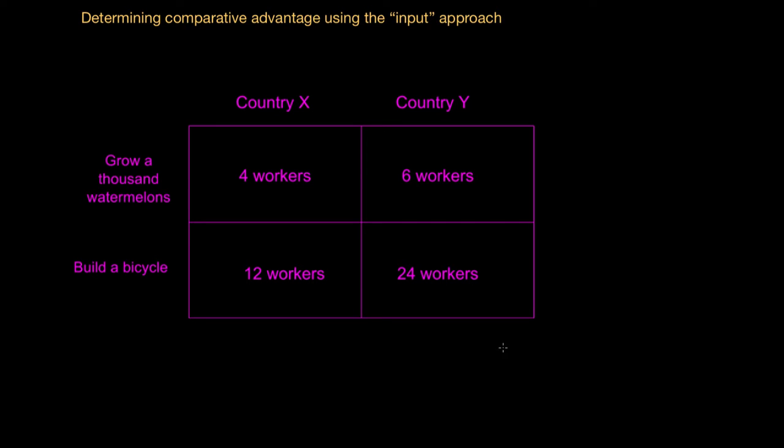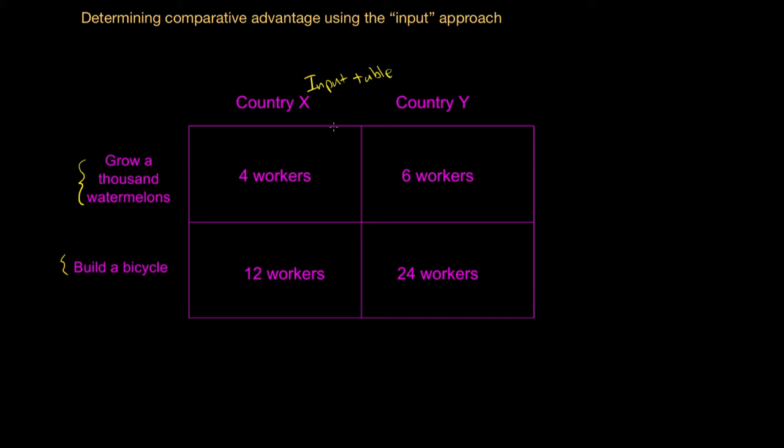In this lesson, I'm going to show you how to calculate opportunity costs and determine who has the comparative advantage in two goods productions using what's known as the input approach or the input method. Let's start by looking at the table that we have in front of us. Notice that on the left we have two different goods. Countries X and Y can grow 1,000 watermelons or build a single bicycle using the number of workers indicated in the table. So this is called an input table